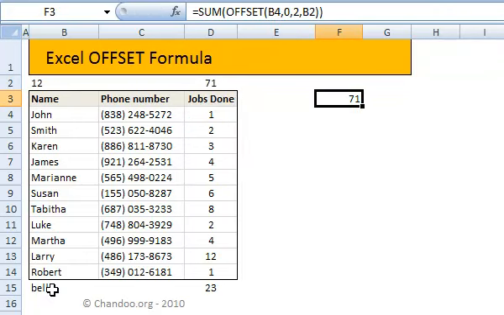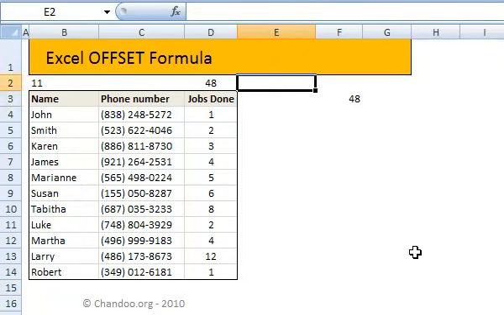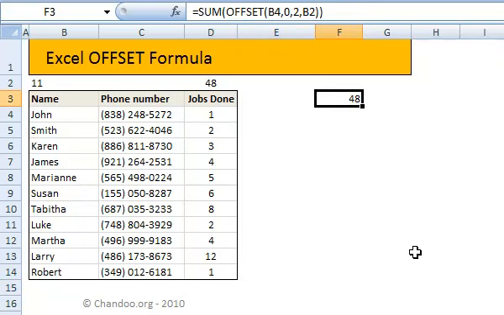And the moment Bella is gone, of course we are using this column to count, but if Bella is gone, then this value is automatically changed, because now the height of the offset is only going to be 11. So this is in a way a pretty dynamic formula, and you can actually simplify this whole stuff by defining